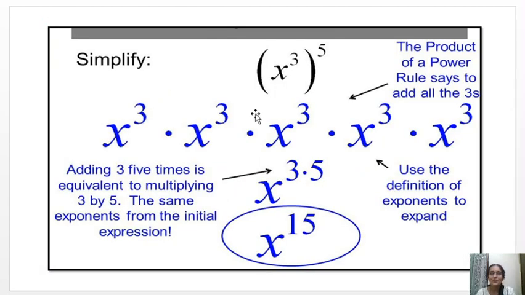You know the meaning of exponent here, right? Read the question and find out what is x power 3 whole power 5. That means here the base is x power 3. The base itself is a power here. That means x power 3 has to be multiplied 5 times. x power 3 into x power 3 into x power 3 into x power 3 into x power 3. All the bases are the same.